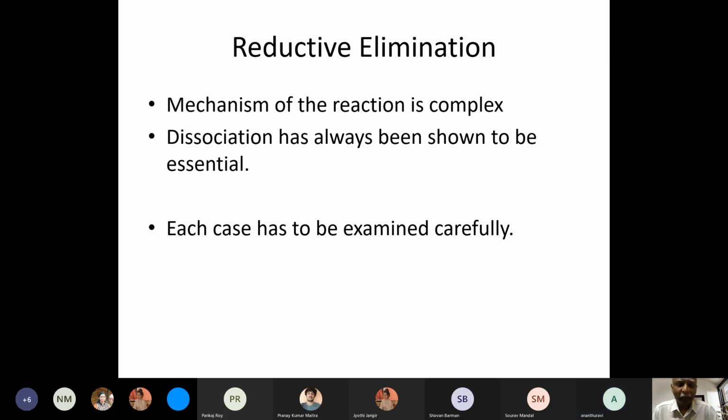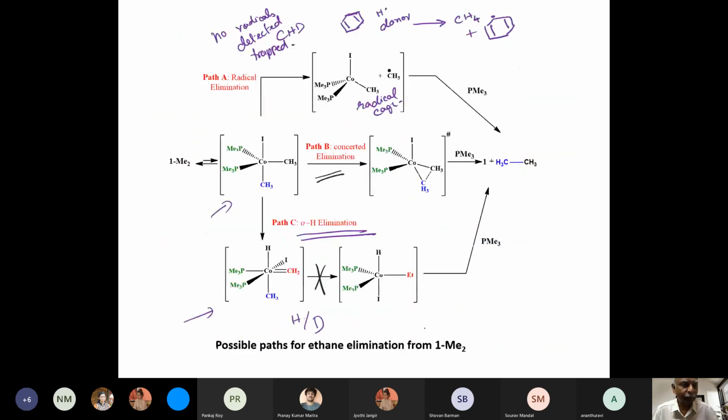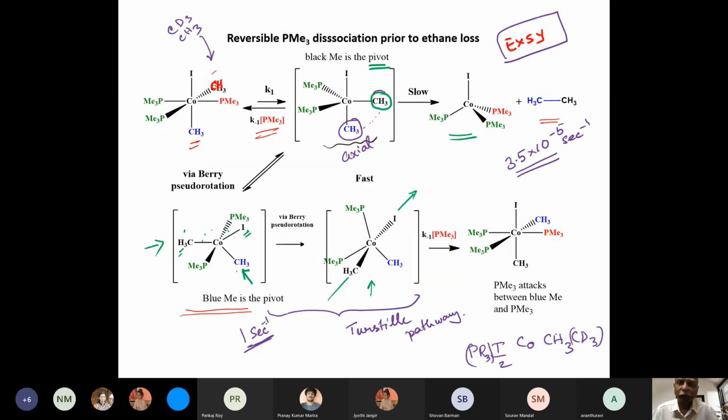No, the difficulty in the cobalt case, what they point out is that there are many other cobalt complexes with two alkyl groups, but then the decomposition, the elimination of the two alkyl groups from the cobalt, gives you a complex mixture, and many of them are not what one might call well-behaved systems. Okay, so if it is not well-behaved, you can't do kinetics and other such experiments.